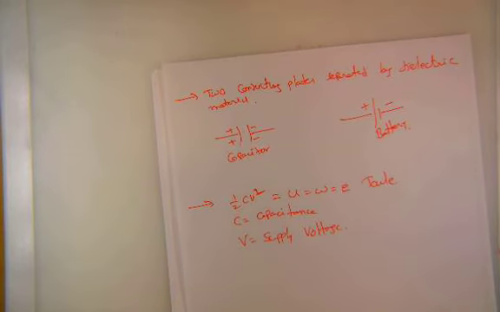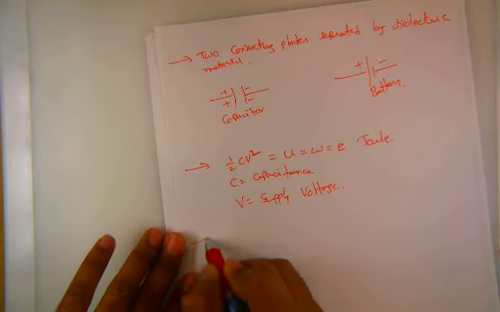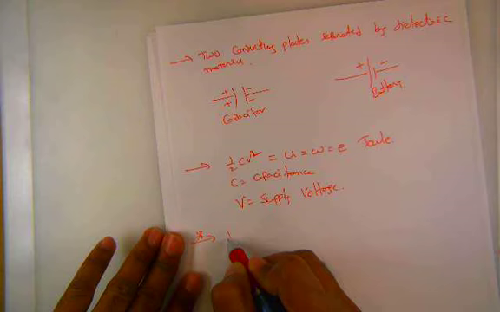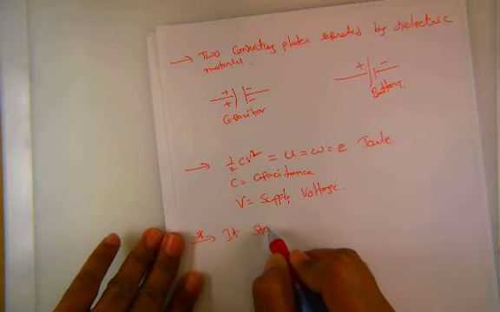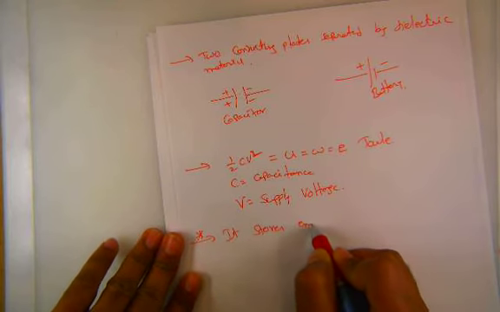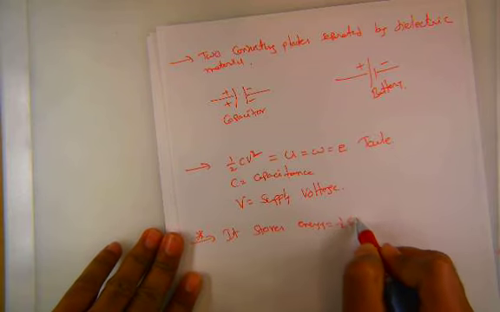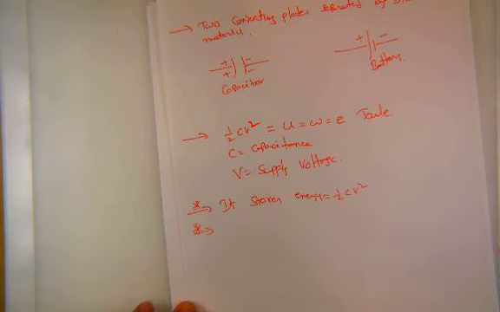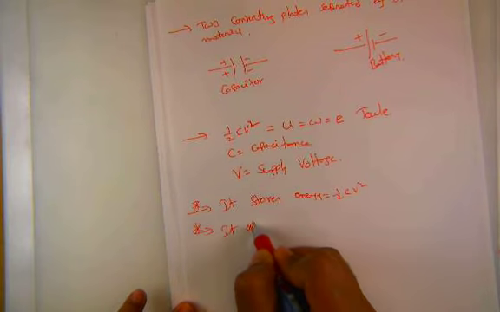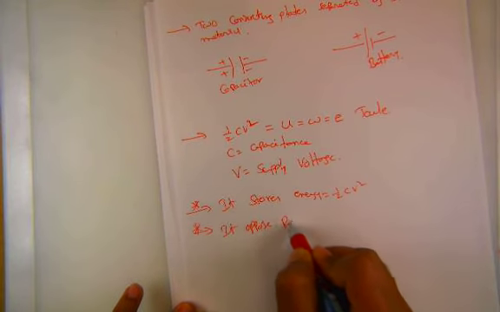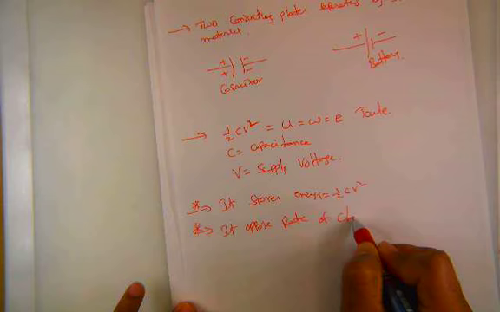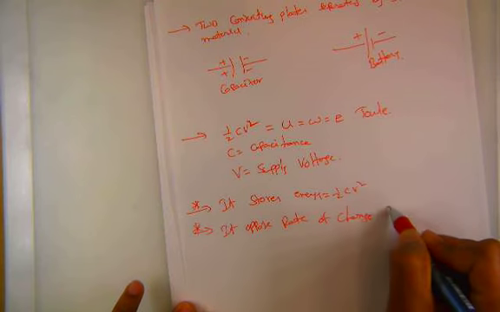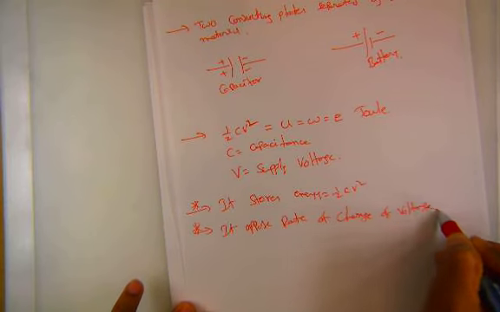Now, another important property of a capacitor is that it stores energy. I have been talking about it. It stores energy, which is half CV square. Another important point of a capacitor is that it opposes rate of change of voltage. It opposes rate of change of voltage. It indicates that